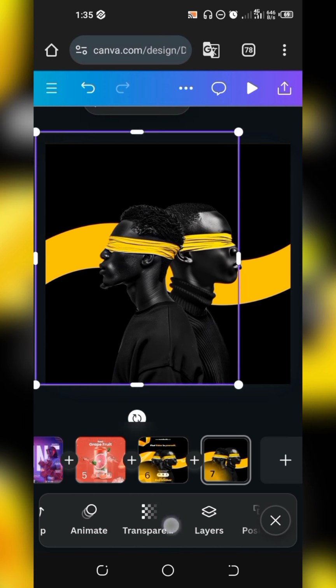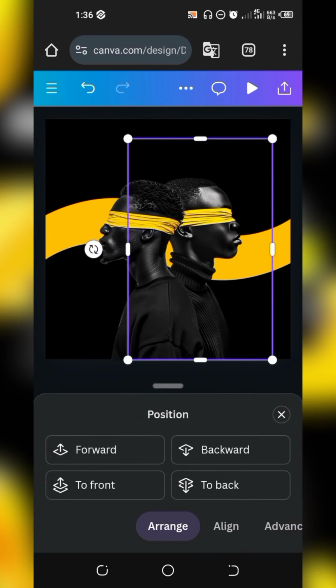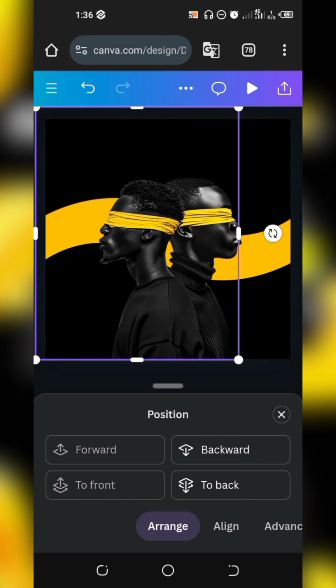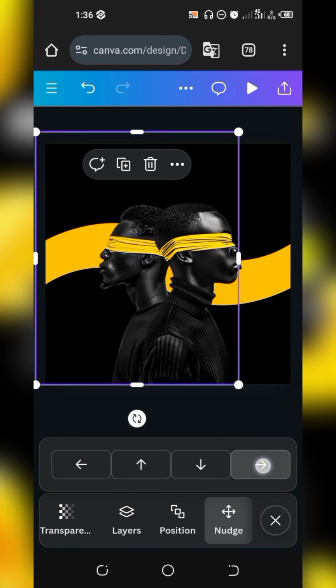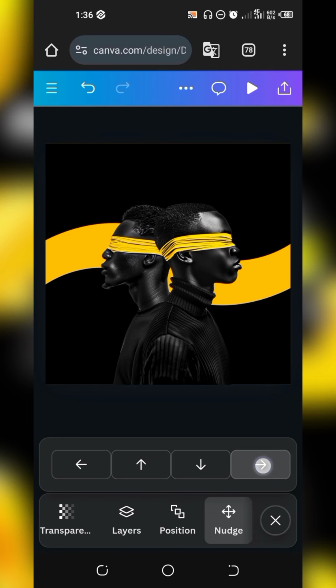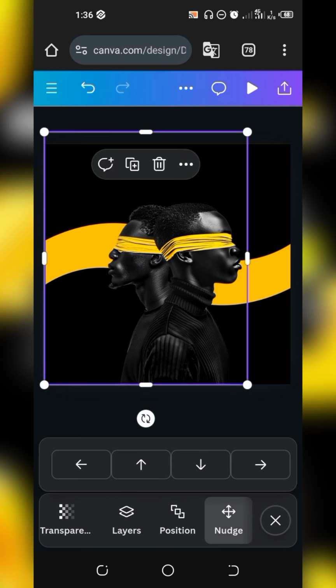Now you go over to position, forward, this other guy, backward, exactly. So, and what you now do is go to nudge this guy in like so that there's no space between their necks. Okay, yes, nudge him in like so.